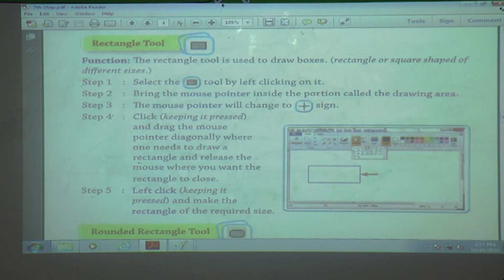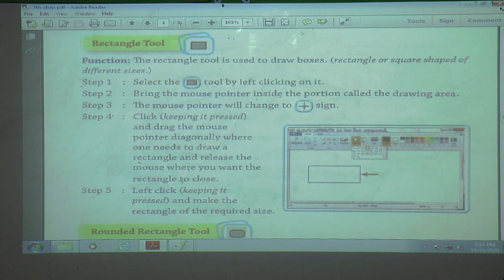Keep it pressed and drag the mouse pointer diagonally to where you need to draw a rectangle. Release the mouse where you want the rectangle to close, which means the size we want to draw.